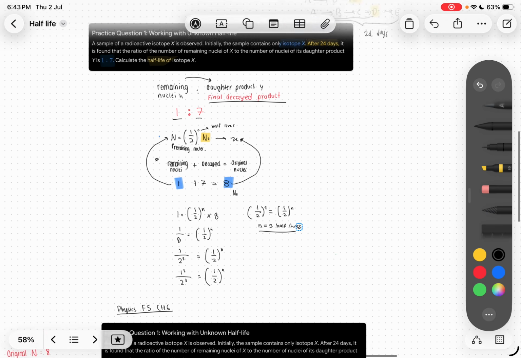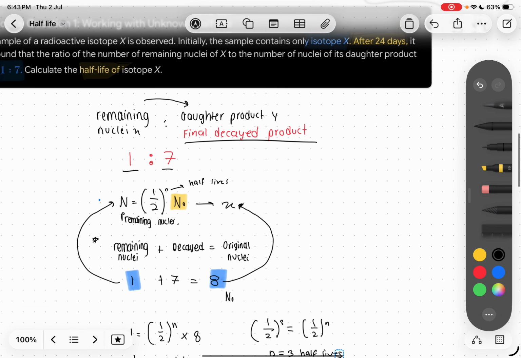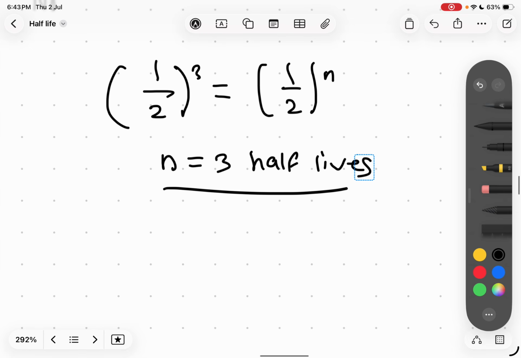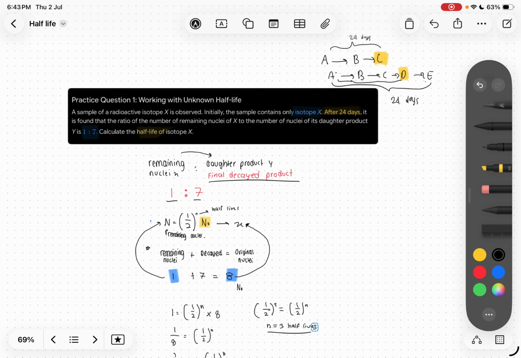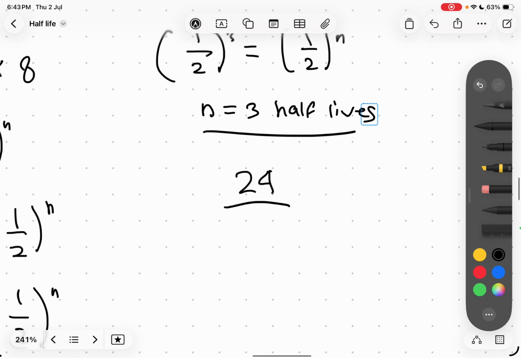Okay, so now that we know that n represents 3 half-lives, do you think we can find out what the half-life of isotope X is? So it means that it went through 3 phases, and in order to find the half-life, we have to take the total number of days, which is 24, divide by 3. So then you get